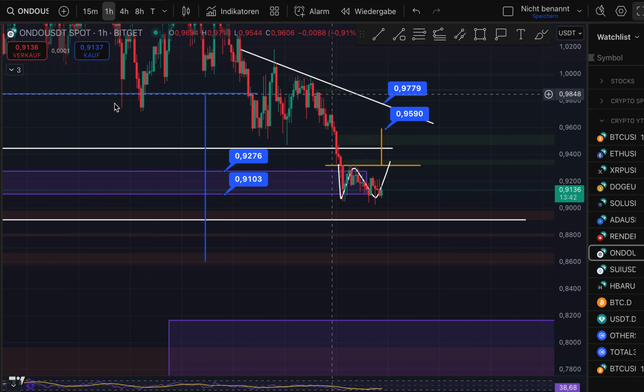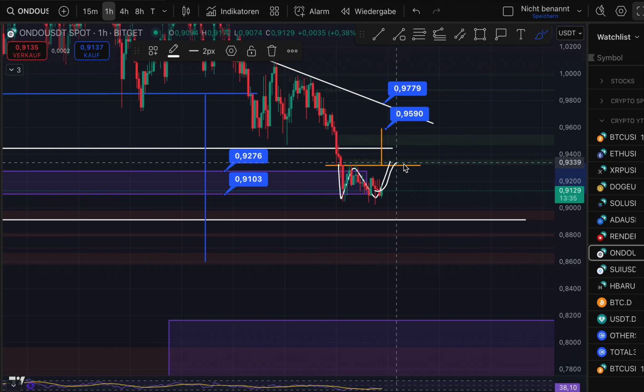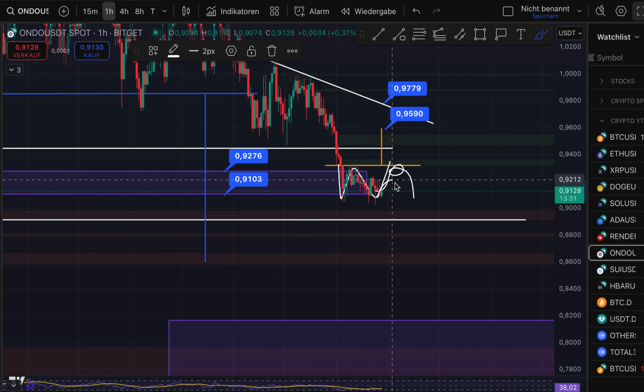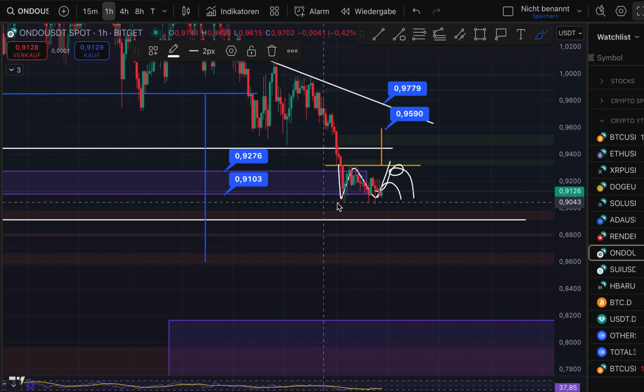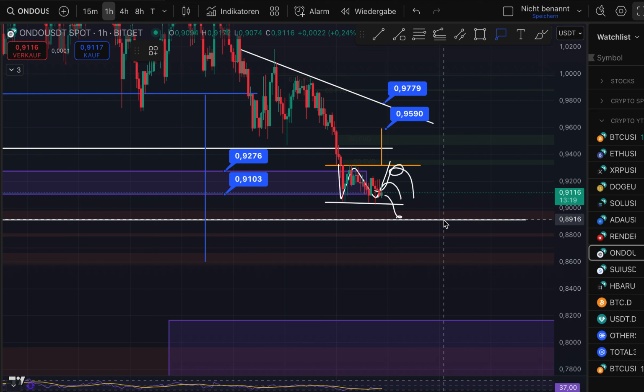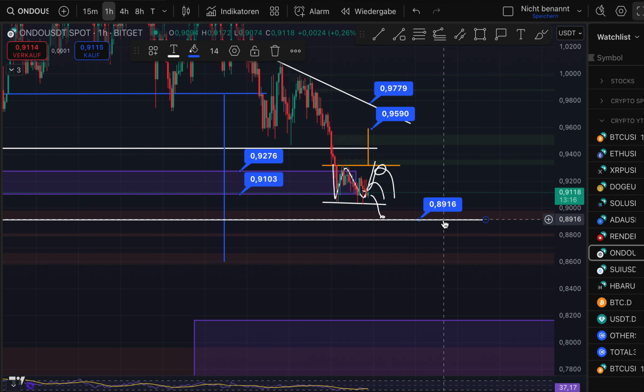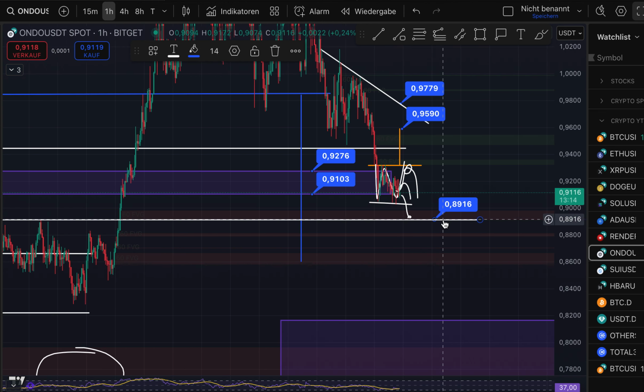What about the bearish part? The bearish part is we don't break the 93 cents to the upside. We get rejected here, or even get rejected now and drop. Then it would be negative. So if we take out the lows here again, then I think with a high chance we can get to 89 cents. I will also put you here a price mark, so you always have the number. If we also lose it,